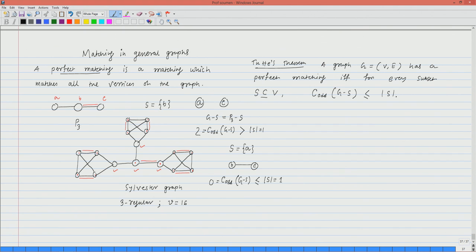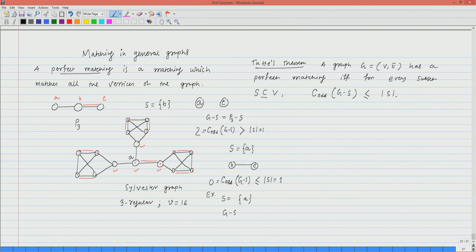Let me explain the same thing with respect to this bigger graph. If I call this vertex as vertex A, and if I consider my S to be equal to the set A only, then you can see that G minus S will be having